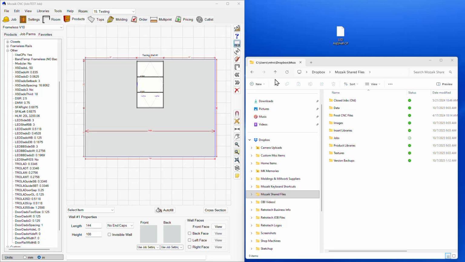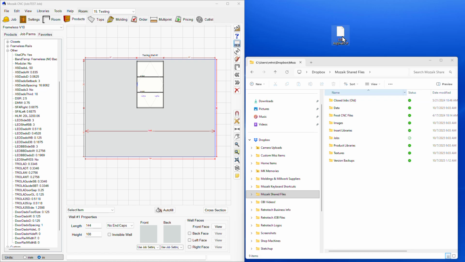Hey there, I'll try to clear up some confusion on this LED adjustable shelf custom parameter, the CP file right here, as you can see, for the LED and Shiplap V2. So let's just go over what we have to do to make this work. First thing you need to do